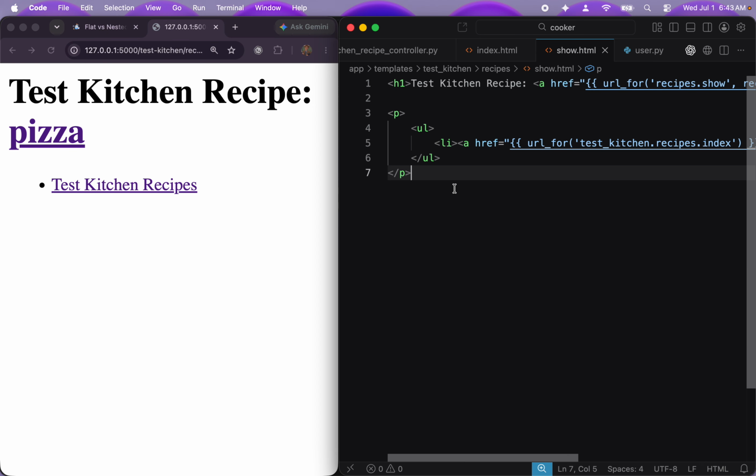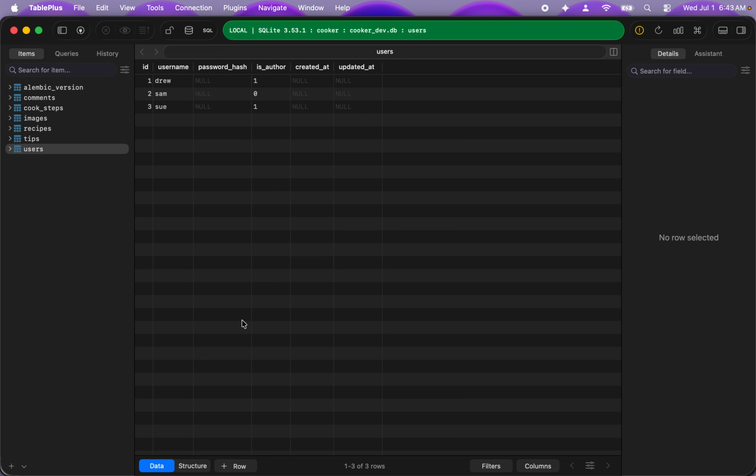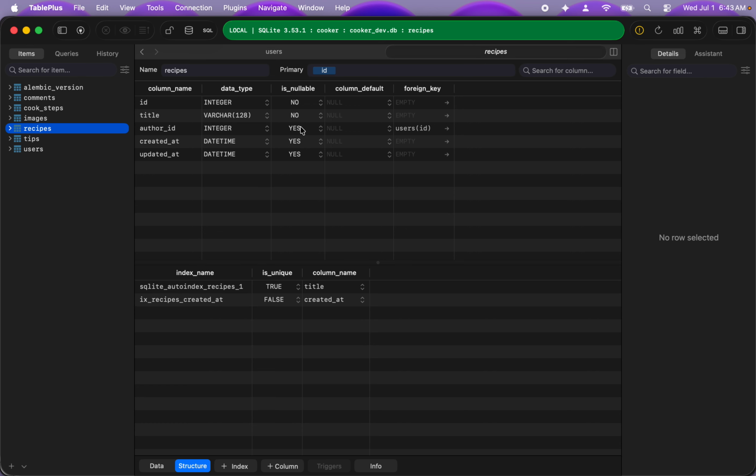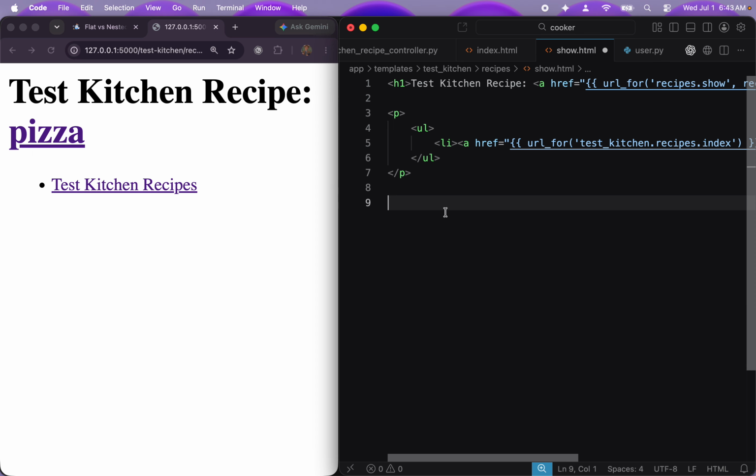Be good to know who the author was, but we do allow for maybe an unknown author. So let's see, is author ID nullable on recipes is the question. Right now I have that, but if I go to structure, author ID is nullable is yes. So the way we set it up, we would need to make it so that you don't have to have an author here. So we'll do a p tag. We'll say the author of pizza, and we'll put in